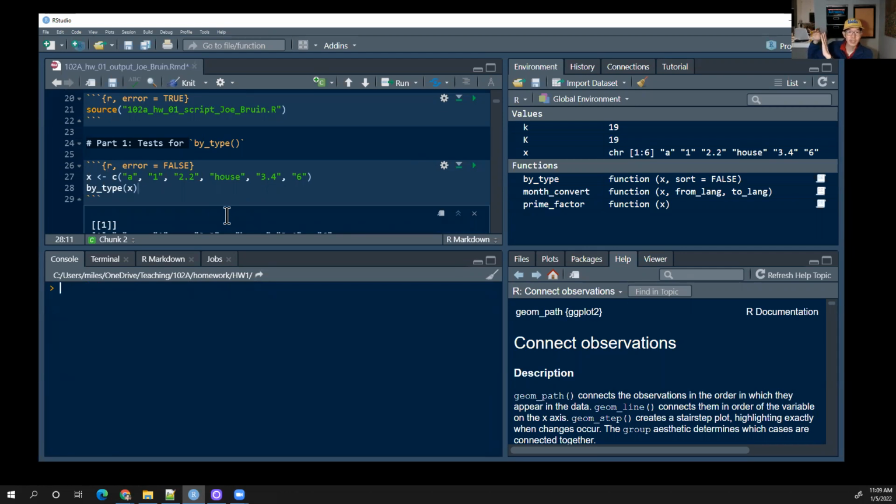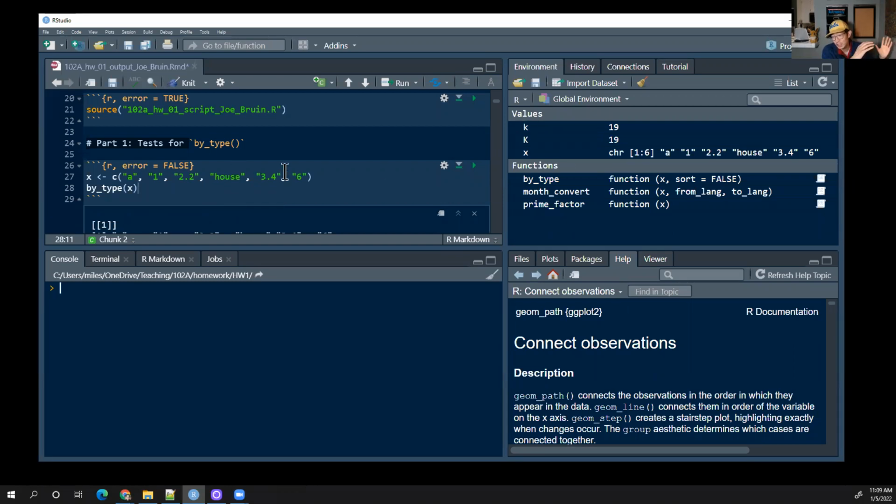Because the idea of R Markdown is that it wants to create reproducible research, meaning you can give this Markdown file to someone else, and they could run it on their computer with nothing in their environment, and it's going to run. And so if you click knit and it's not running, but it's running over here,